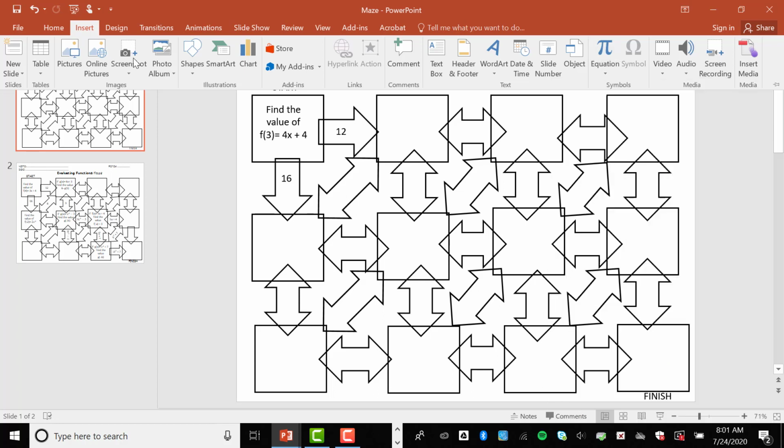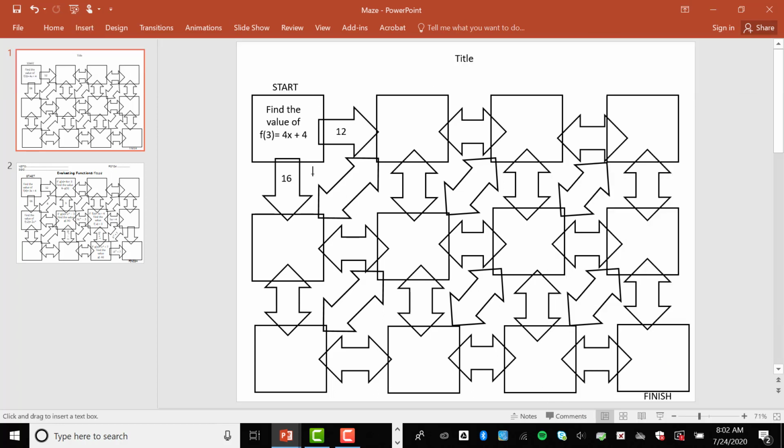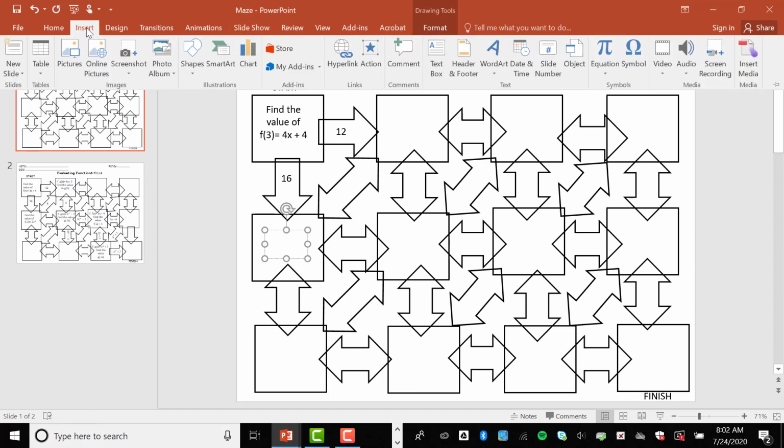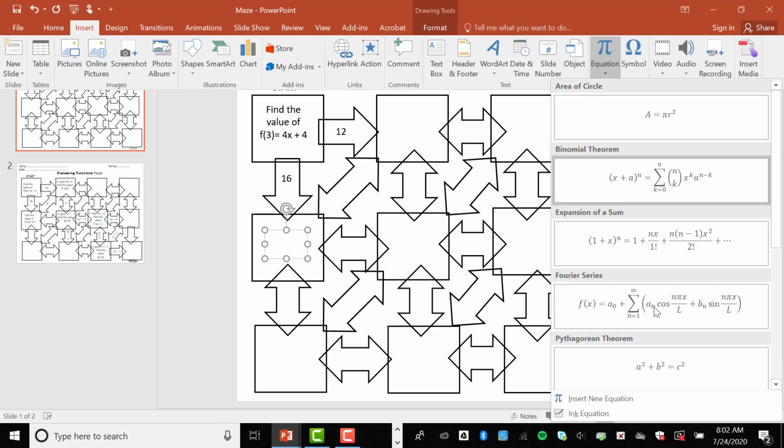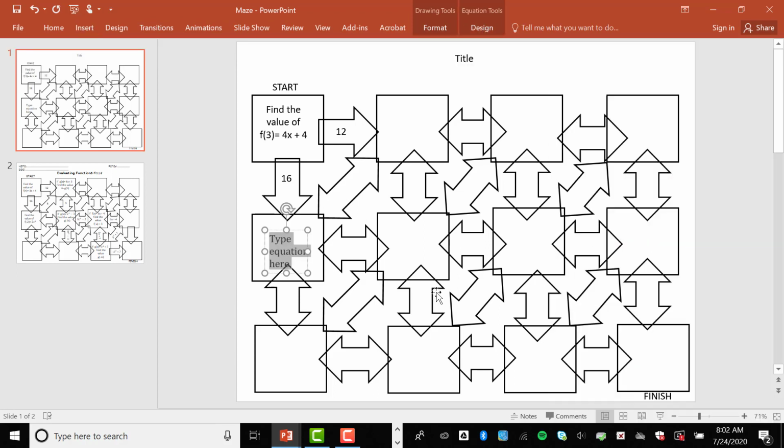Let me click a text box first because it won't let me do it without it. Then I can do Insert, then Equation, then Insert New Equation, and then I can do X and the little hat for the kids, and that gives me a squared. I can insert fractions,